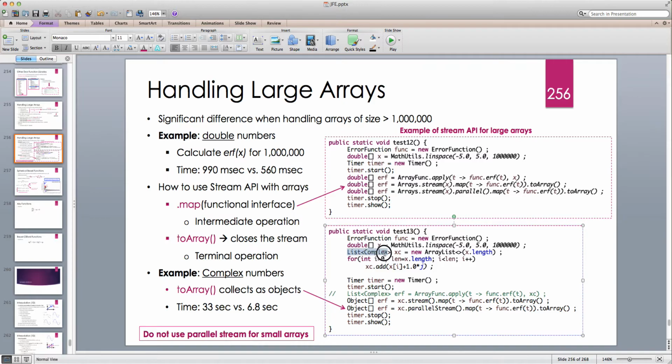So I create a list of complex numbers, right? It's an array list, and the initial size is x.length, and then I write a for loop to populate my list with X plus J, right? Set my timer on, and then